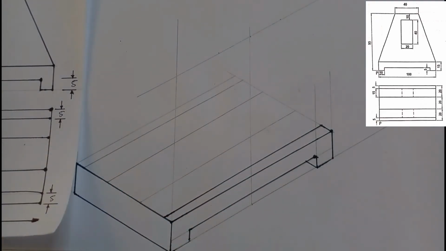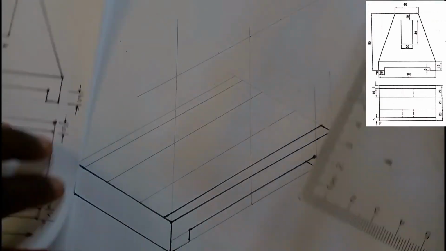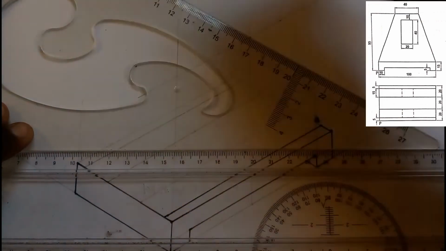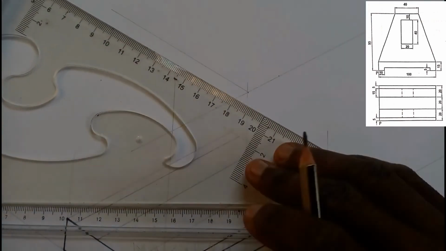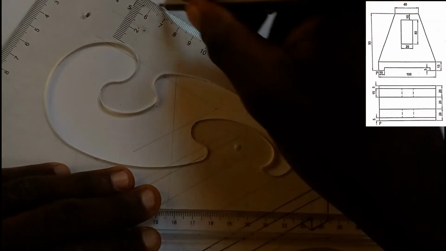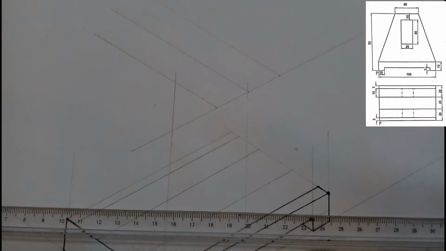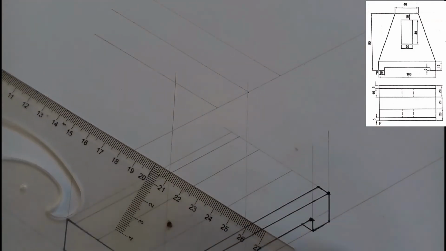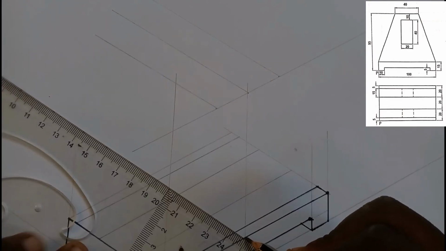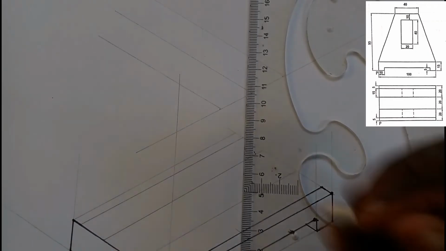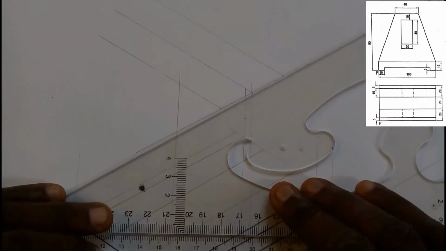So the other thing that we have to do is to project this line right here. Okay, do the same right here and do the same right here, like this, and put our set square right here at this line, and construct right here, and now point it to the top right here. Okay, to this point. Now go to that point and